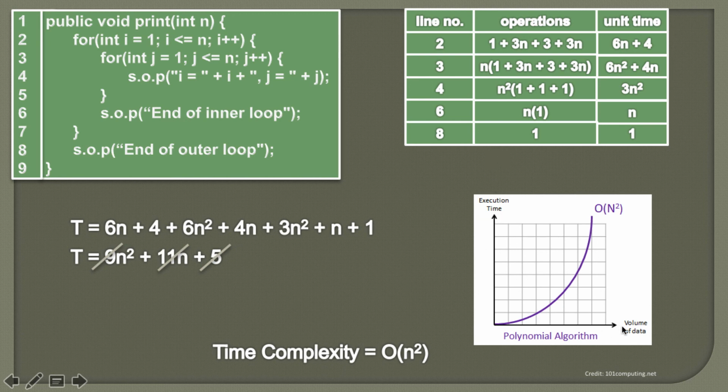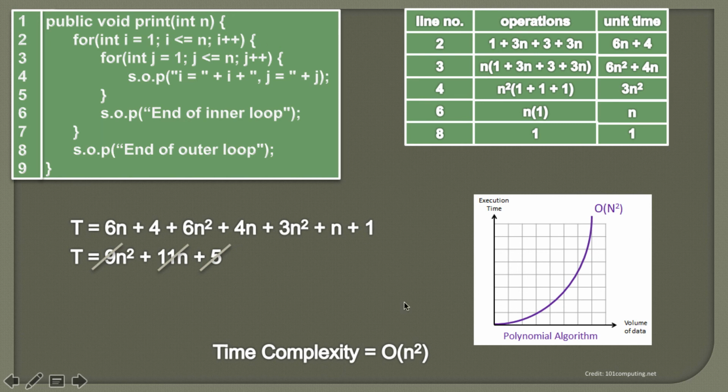So usually we try to avoid nested for loops, because for each outer for loop iteration, the inner for loop gets executed that many number of times. Which you can see by the operation at line number 3. So here you can see, based on the condition provided here, the inner for loop gets executed n times for the outer for loop.